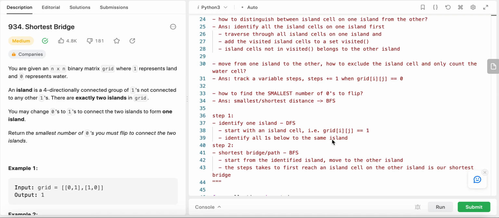So to recap, in order to solve this problem, we have 2 steps. First step, we identify all the cells belonging to one island. In order to do that, we can use the DFS algorithm. We start with the island cell. Basically, when we encounter a grid value of 1, we identify all the ones belonging to the same island